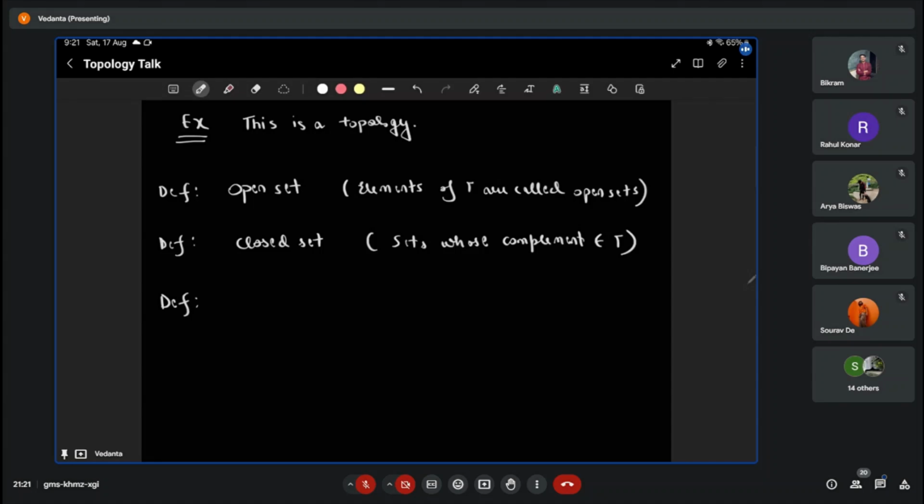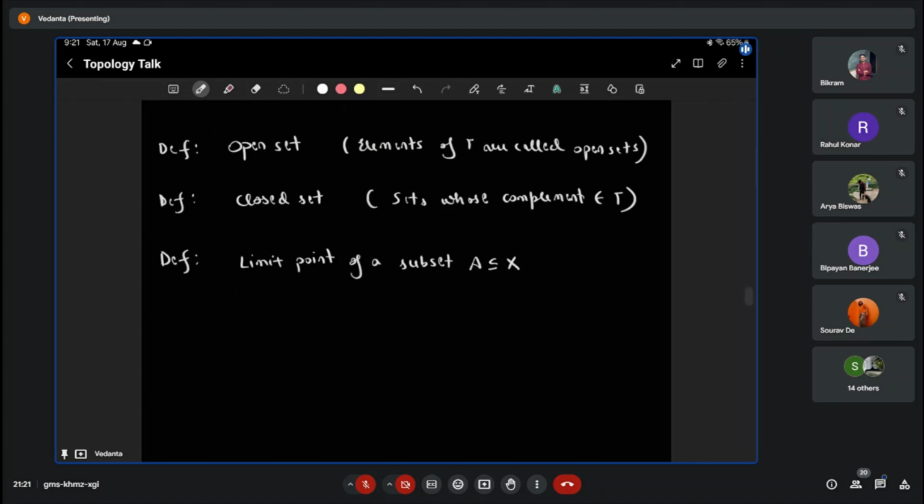Now next will be limit point. This will be of a set. I should call it subset because it is in X. Now, see, when I say point, point refers to a point in X. It is not a point in tau, not a point in T. So any element of X is called a point. And the thing is called a limit point when